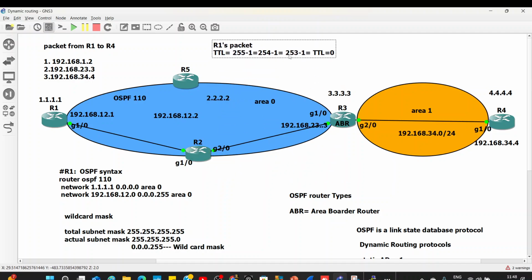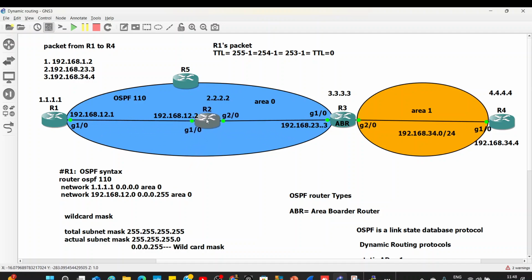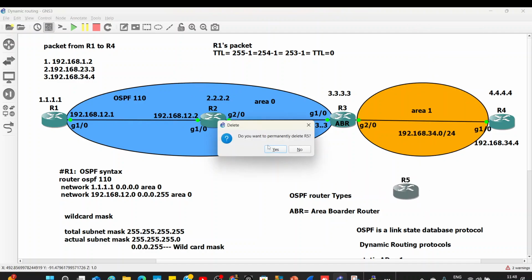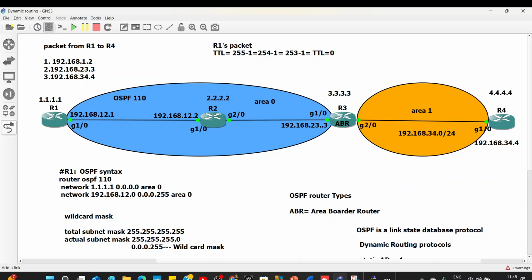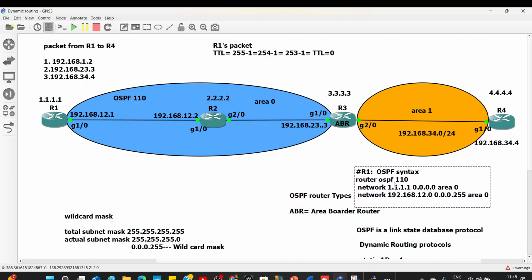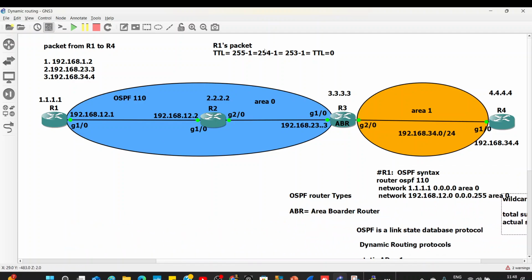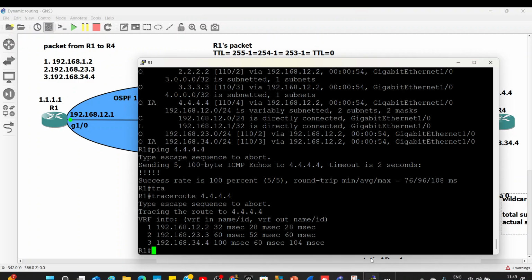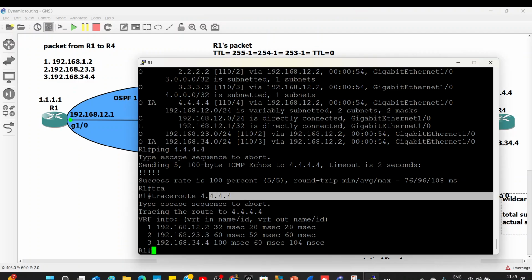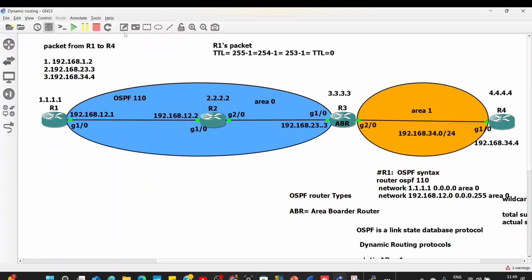Now, why does the TTL value come here? Traceroute uses it. Now let's discuss it with our normal topology here, and I'm going to remove this. I have initiated a traceroute right here, on R1. Once you initiate a traceroute,